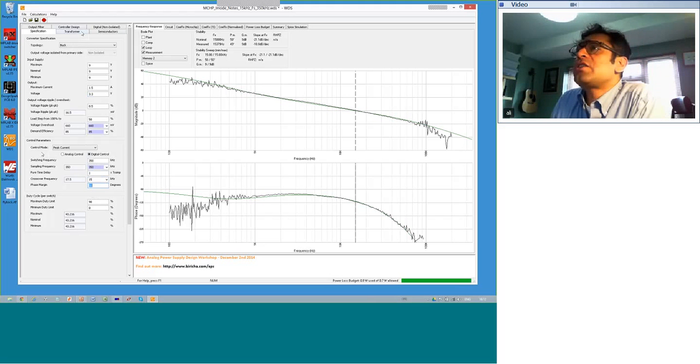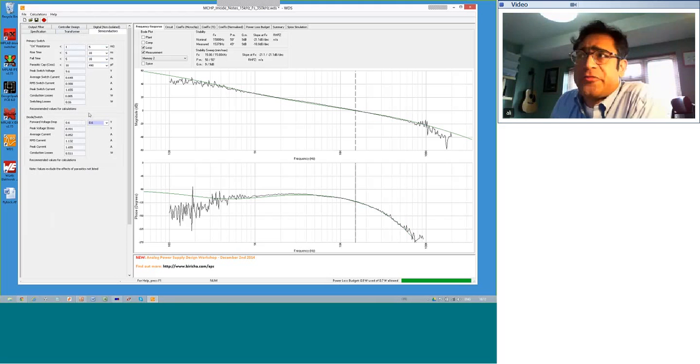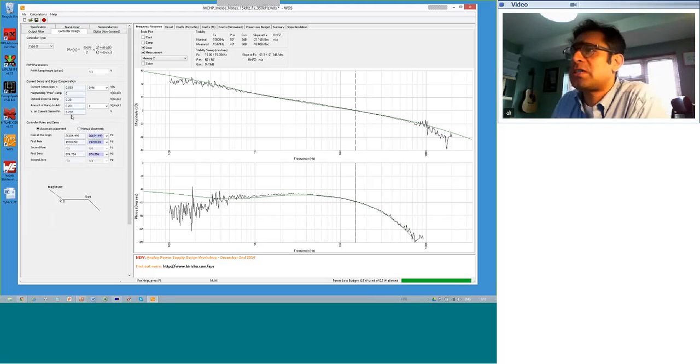There is no transformer. Again, you've seen the rest before, so I won't dwell on them too much. The semiconductors have been selected. The important part is here. It has selected the position of the poles and zeros. It has selected the height of the compensating ramp that you need in order to make sure you don't get a slope subharmonic oscillation. So it's calculated everything for you in terms of slope compensation and the poles and zeros